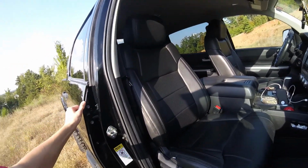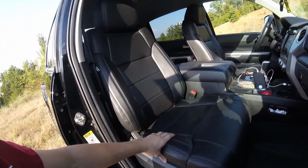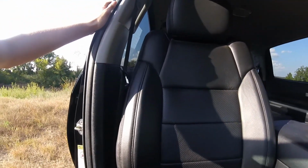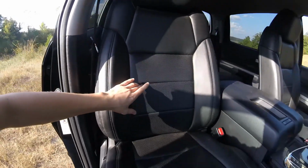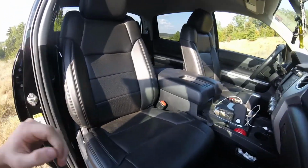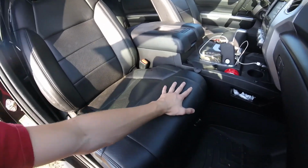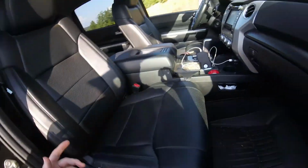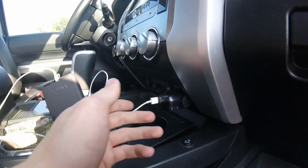and they were factory cloth, and then I had them cut that off and put these black Katzkin seats on, and they did a special kind of leather where it goes perforated until here and only the middle section and then down. The only ones I could find online had sections here and here, but did not have this, and that's kind of a little bit of a special thing. And then I also, for the front, had these heaters installed right here that we kind of talked about a few different places, but